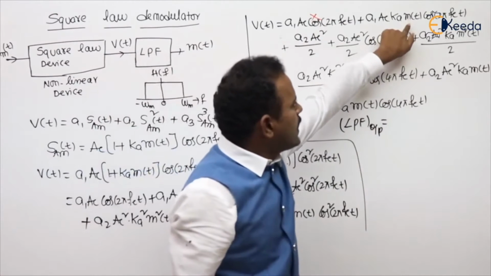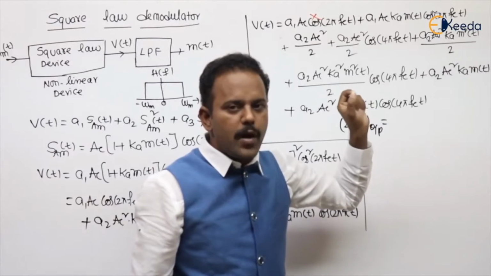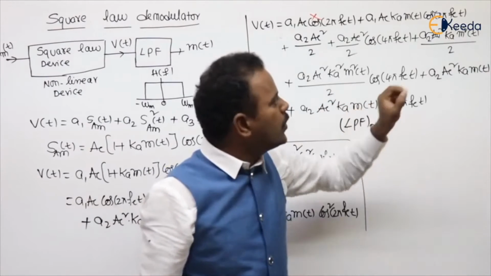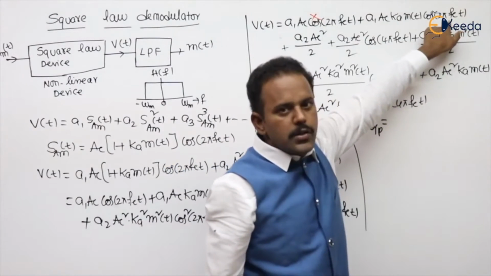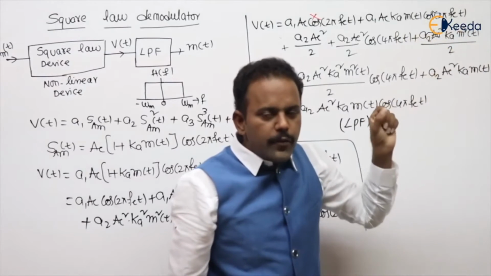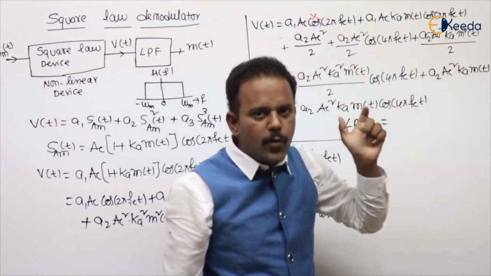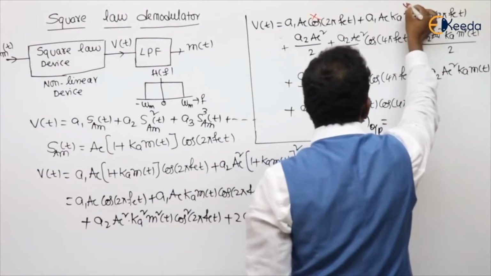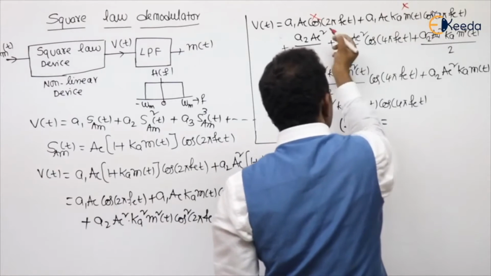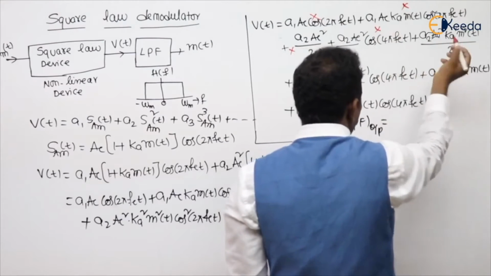What is the next one, sir? m of t into cos. Any signal multiplying with the cos, m of t, frequencies are shifting to fc. So fc minus omega m to fc plus omega m. Even fc minus omega m is far greater when compared with the omega m block. Don't bother about DC values, we can block by using a capacitor. This is already 2fc, still blocked.